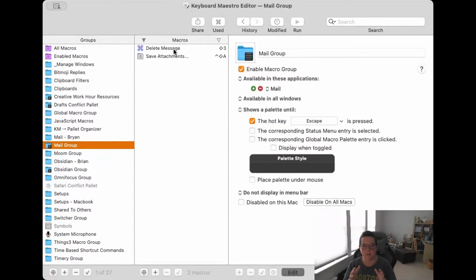And I want to talk to you again about, remember at the beginning when we were looking at that slide, we talked about you want to sort of figure out what the goal is. And one of the things for me about mail is that I am very, very fast at Gmail. Gmail has keyboard shortcuts for delete, archive, and move that are exceptional.